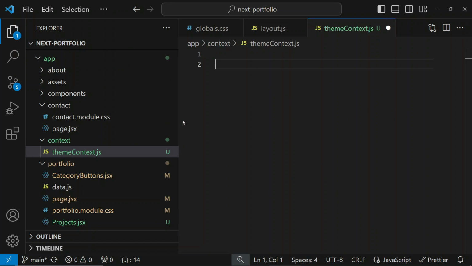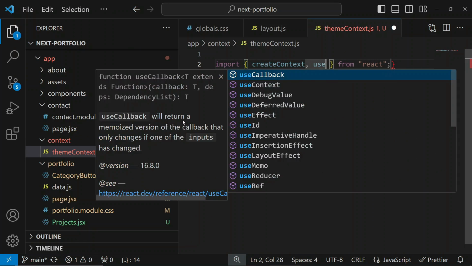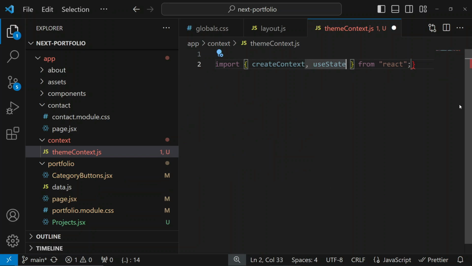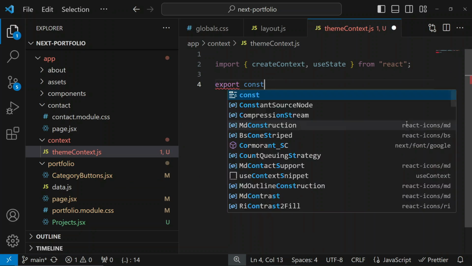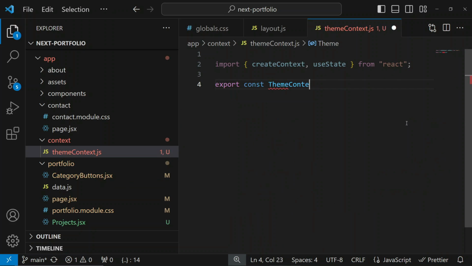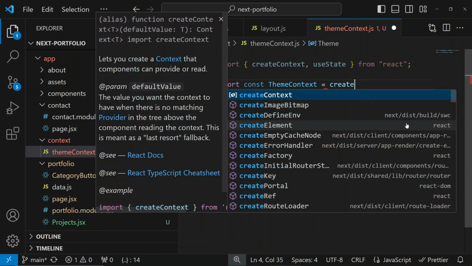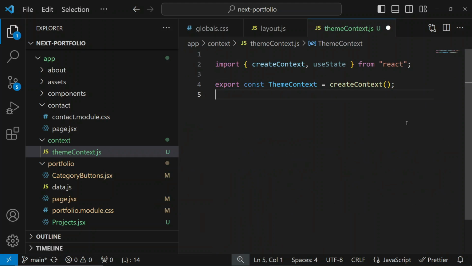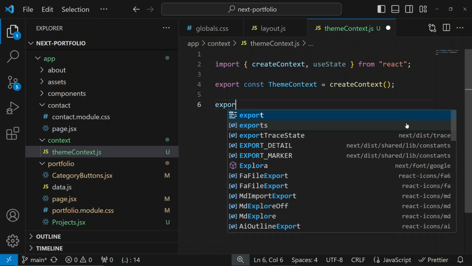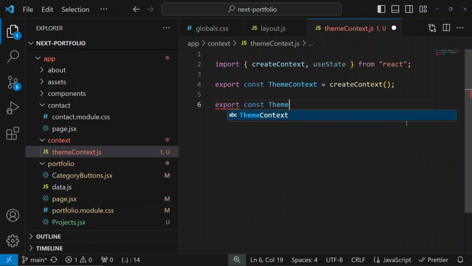And in here we are going to import createContext and useState from React. Let's first create our context. So ThemeContext is going to be equal to createContext, and let's export ThemeProvider,